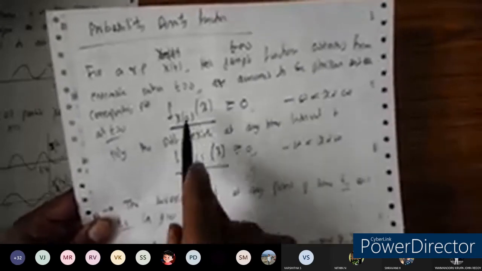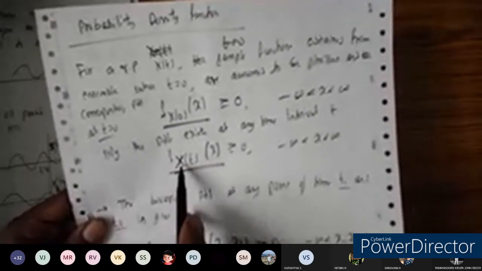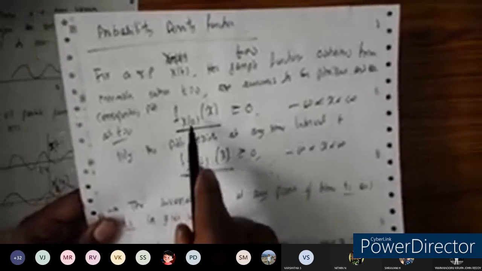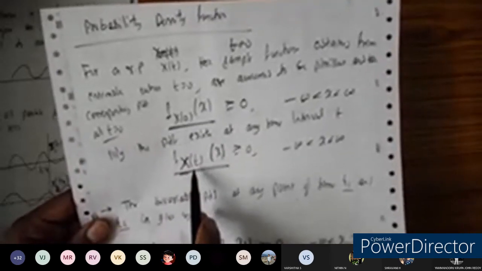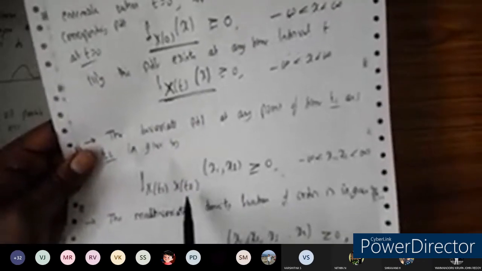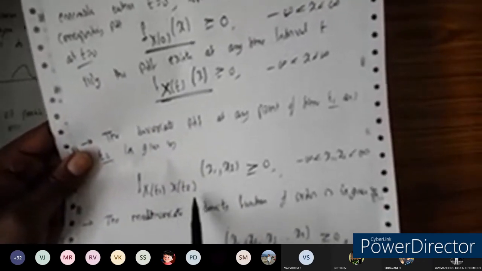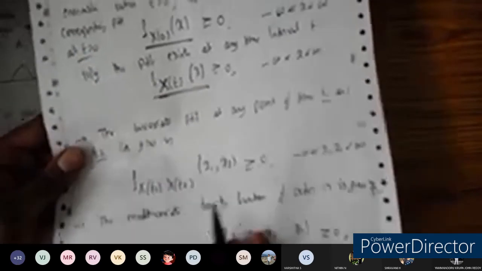Okay. So what we have seen so far is what the random process x of t is, and we have defined the PDF of x of t here. For two bivariate random processes we have defined, and the multivariate random process we have seen, and also the joint random process we have seen here.